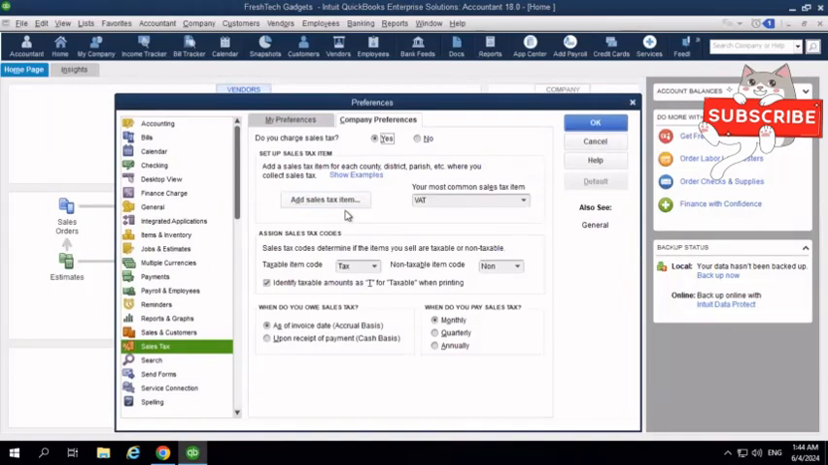When you click on company preferences, the system will ask you, do you charge sales tax? This is Enterprise, so it says sales tax. Sales tax is value-added tax. When you're in Britain or in Zimbabwe, we say value-added tax, but when you're in America, they say sales tax. So we are charging